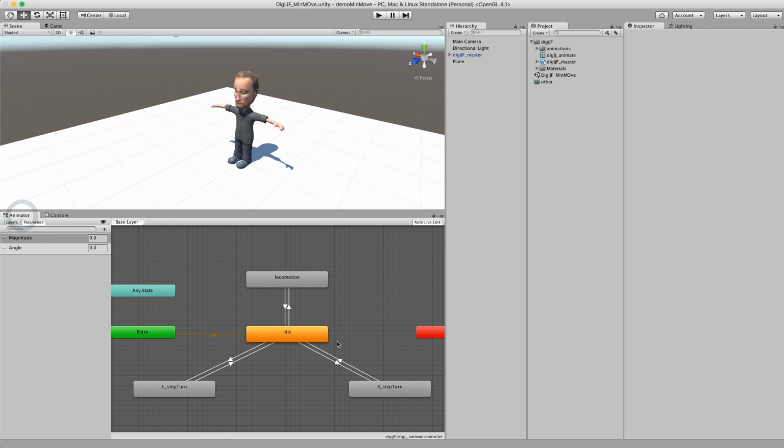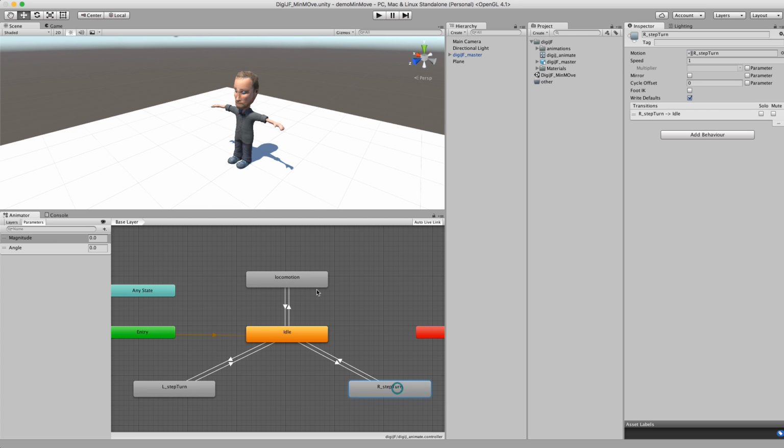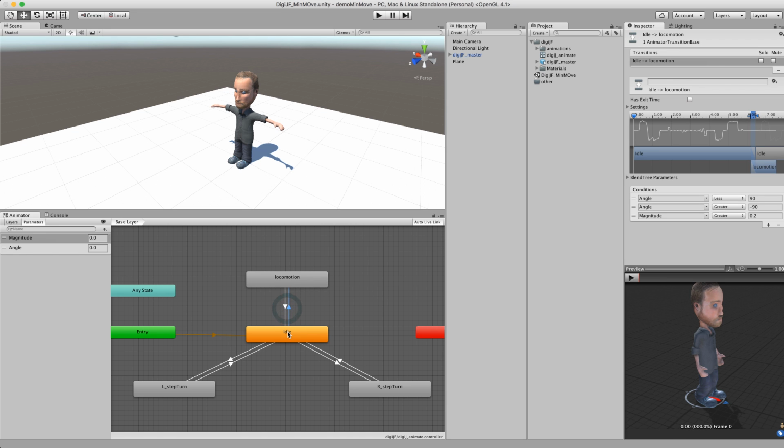Alright, so where we last left off was to finally set up our step turns, and now we're going to add our joystick control. One thing I did do, just to ease things a little bit, is I removed these transitions from the step turn to locomotion. And I also, for the sake of making things a little bit easier to work with, I added in an angle greater than, less than 90,